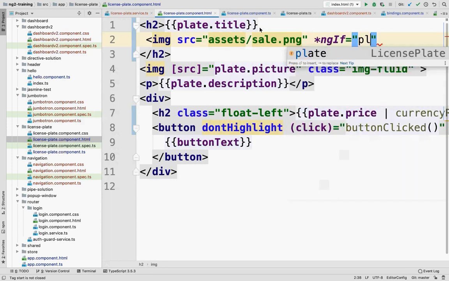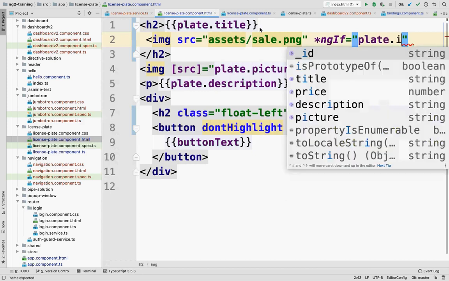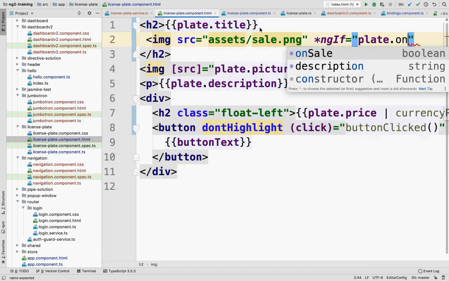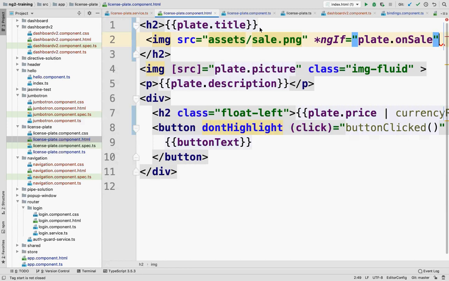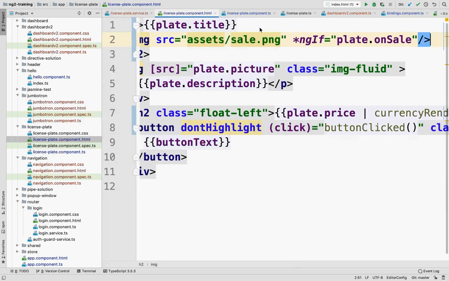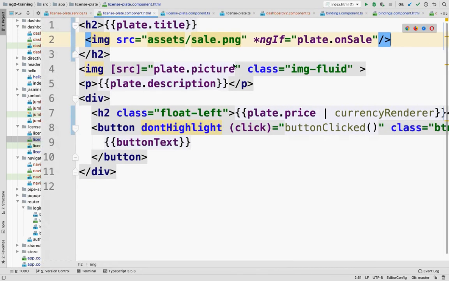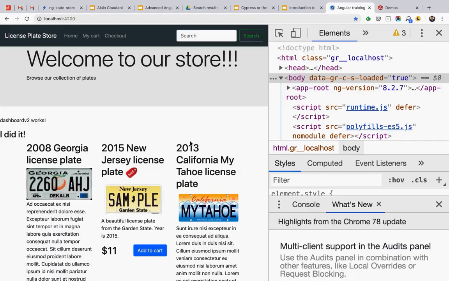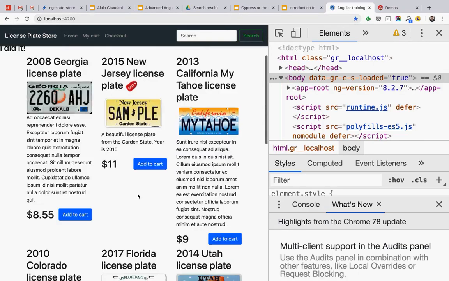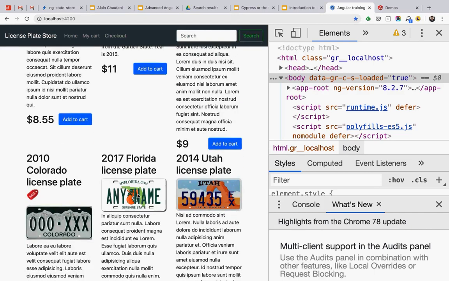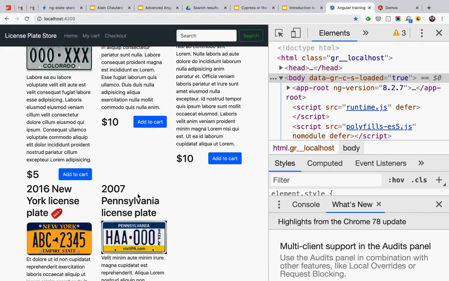So ng_if plate on sale. And that's it. Just added that image tag, and it's going to show up for all license plates that have on sale equal to true. So when I go back here, you can see that New Jersey is on sale, Colorado is on sale, and New York is on sale.